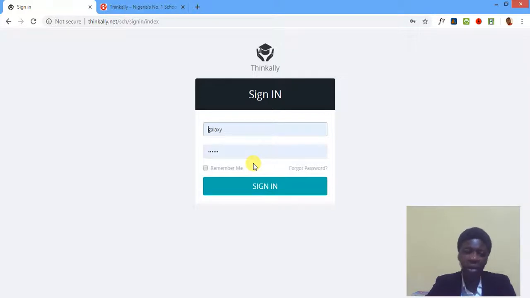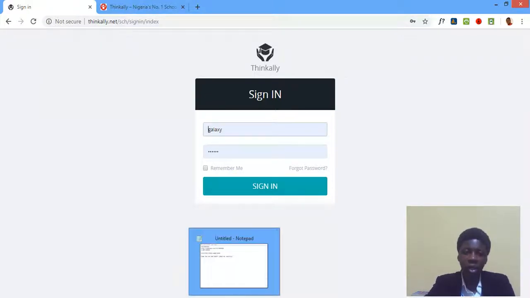However, if you already have a website in your school and THINKALLY has been linked to your website, you would not need this website at all. What we are trying to say is that even without having a school website, you can still use THINKALLY. But then the login link is